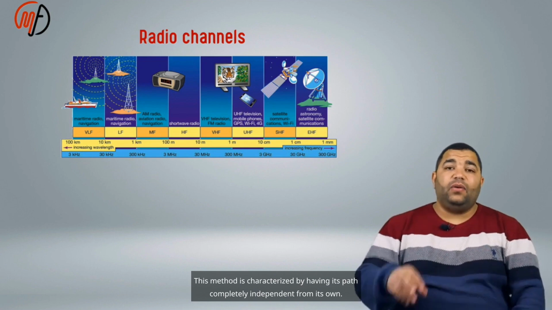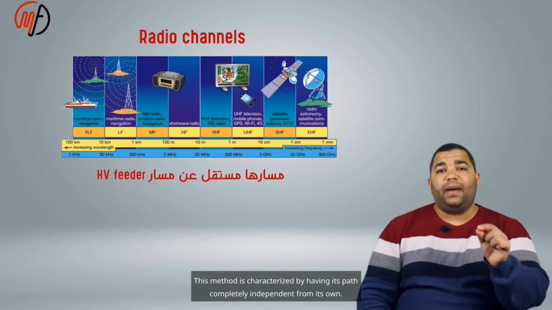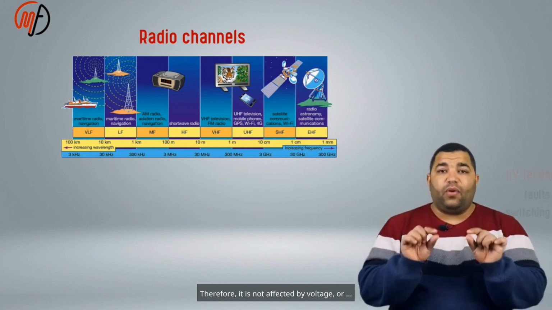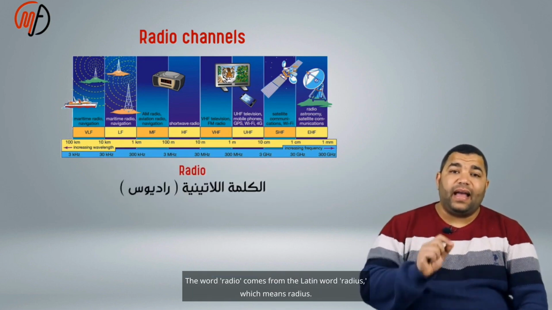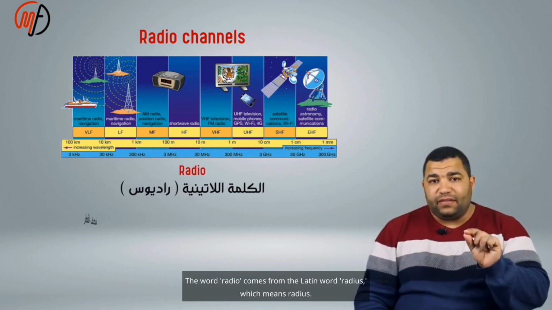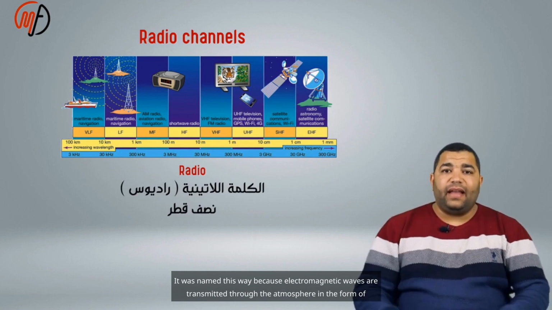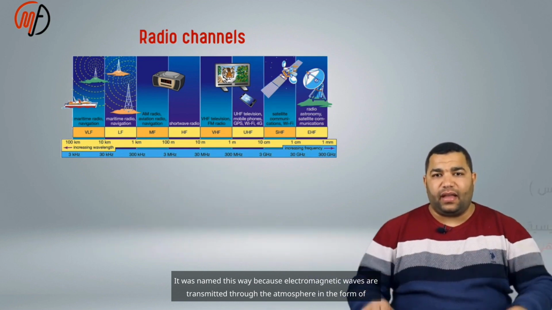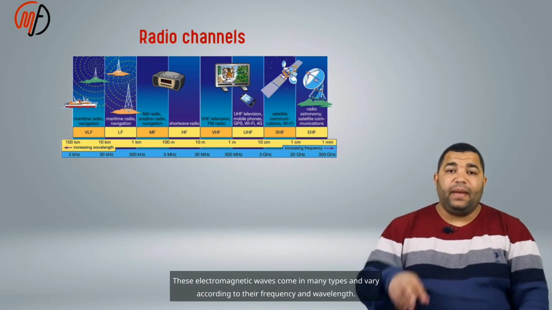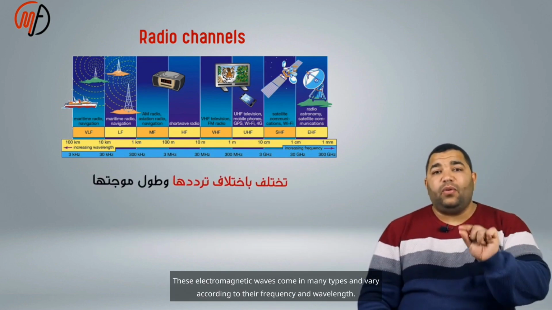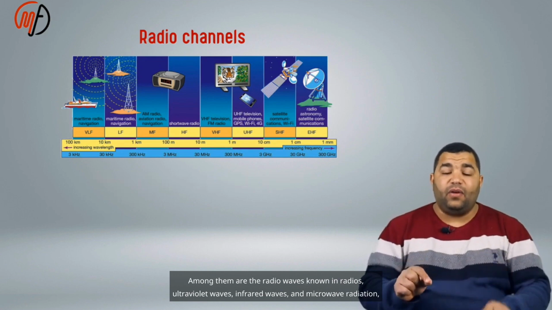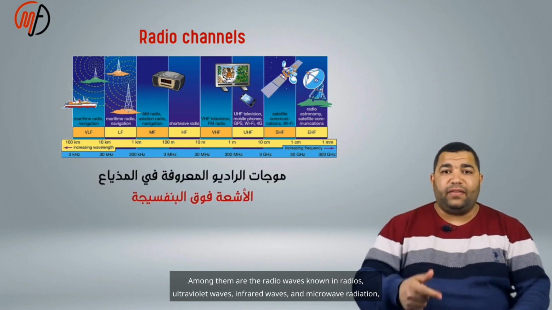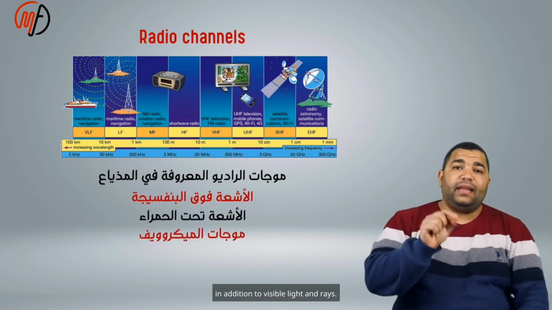This method is characterized by having its path completely independent. Therefore, it is not affected by voltage. The word radio comes from the Latin word radius, which means radius. It was named this way because electromagnetic waves are transmitted through the atmosphere in the form of circles. These electromagnetic waves come in many types and vary according to their frequency and wavelength. Among them are the radio waves known in radios, ultraviolet waves, infrared waves, and microwave radiation, in addition to visible